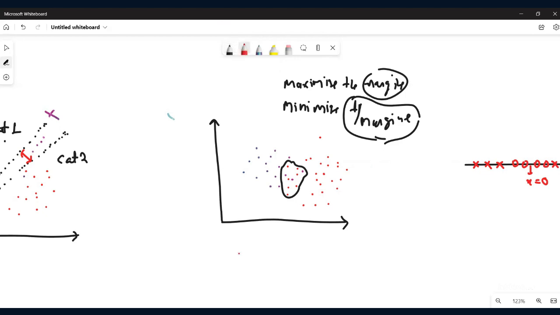So what we're going to do is minimize 1 by margin plus the summation of penalty for all the variables. So for any line, what is the margin? Margin is the difference of each variable from a given line. So let's say if we consider this black line,